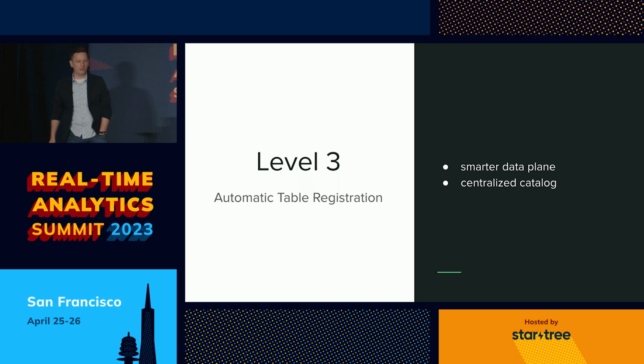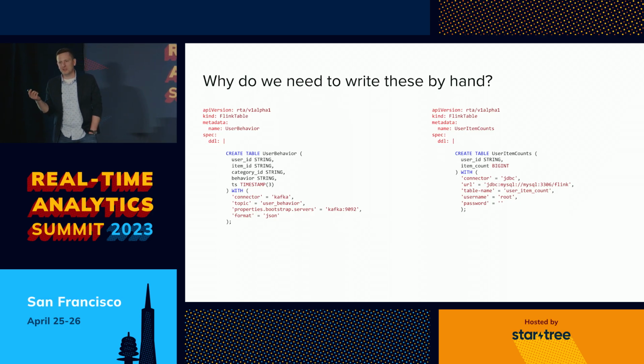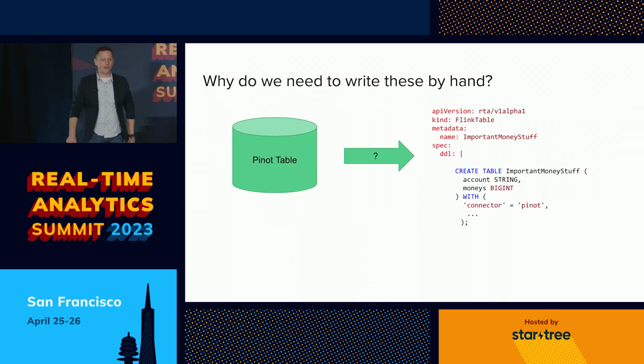I think you probably saw this coming, right? So the question is, why do we have to write this DDL, create these tables in DDL? Why do we have to do this by hand? And I already mentioned that it's fragile, right? It's not that hard to write, but once I write it, even if it's only in one spot, there's no guarantee that it's true forever. It might diverge from reality.